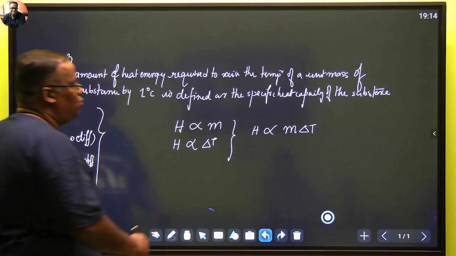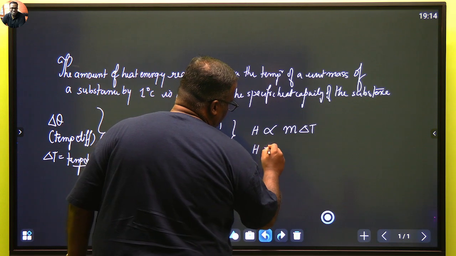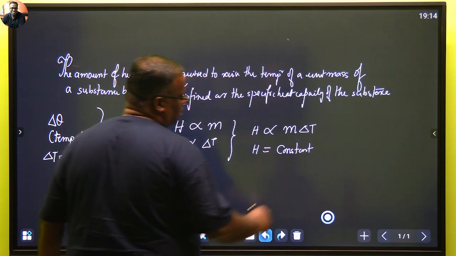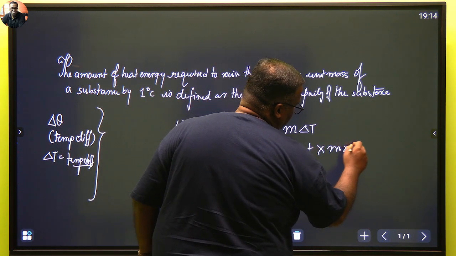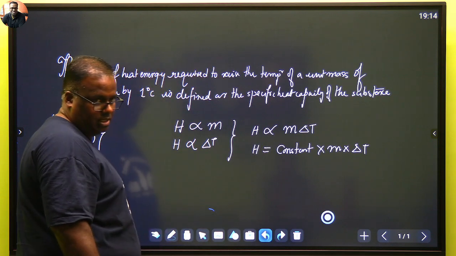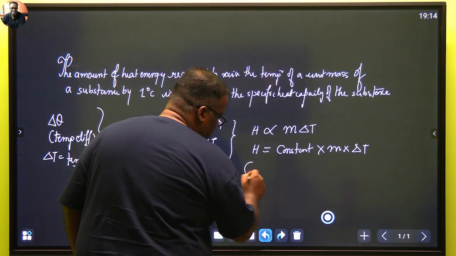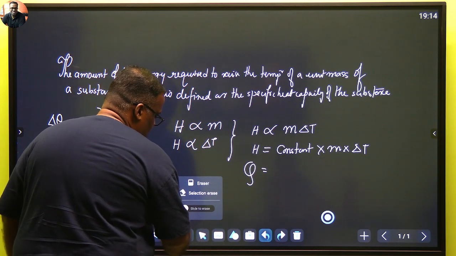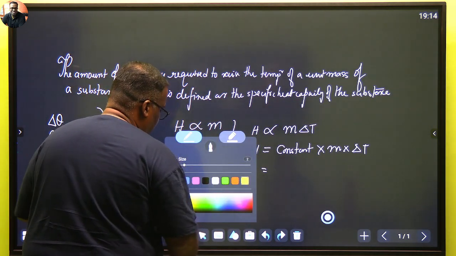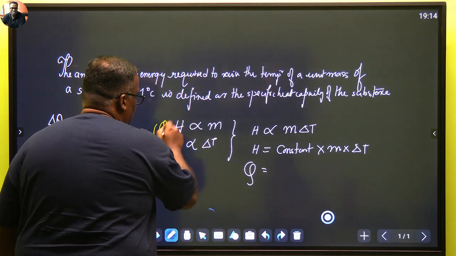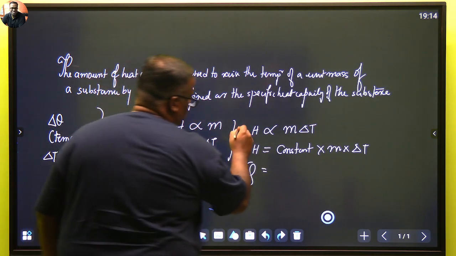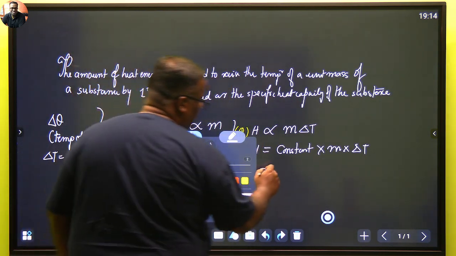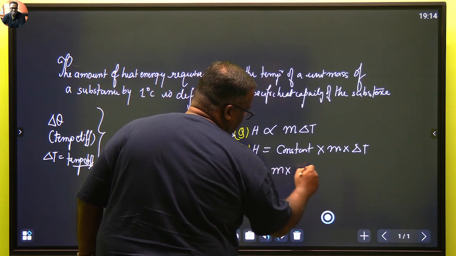Okay. So if I want to equate these two equations, what do I write? Heat should be equal to some constant multiplied by m multiplied by delta T. Right? This heat in physics is always denoted by the letter Q. So all these also I am replacing slowly. Heat is represented by the letter Q. So here we wrote Q, here also Q, here also Q. This is also Q. So now finally in terms of Q I am writing Q is equal to m into